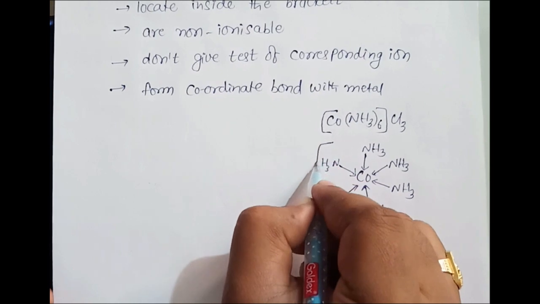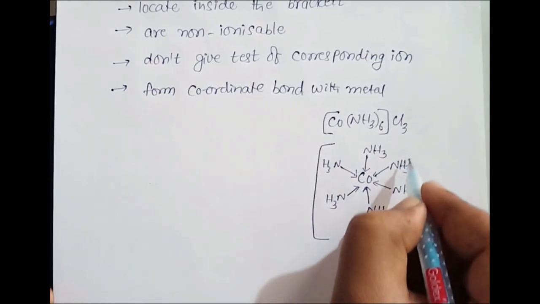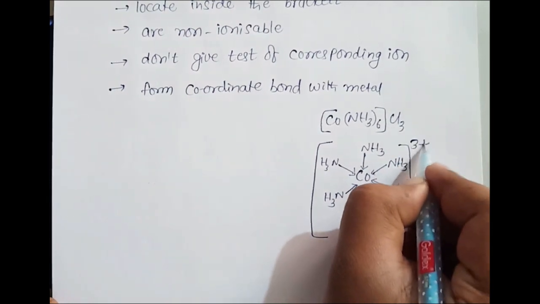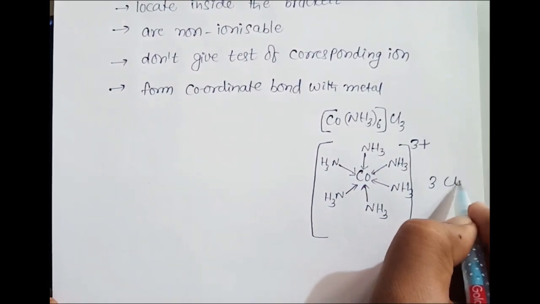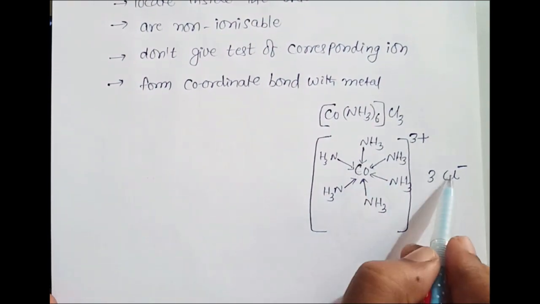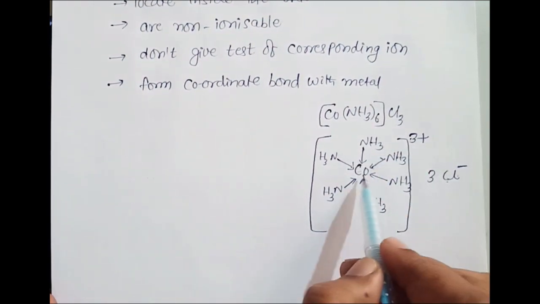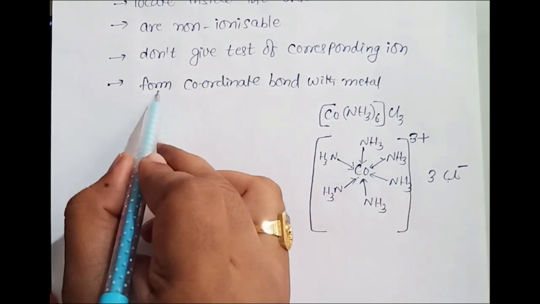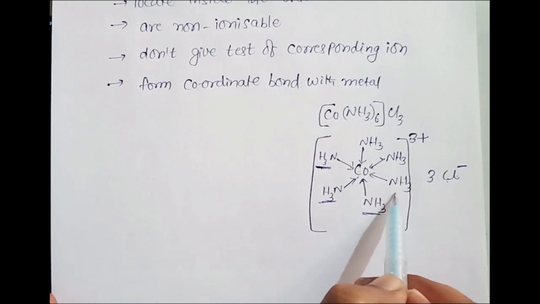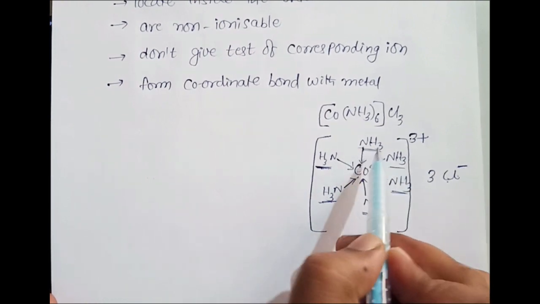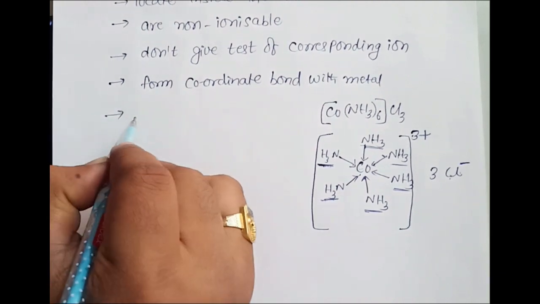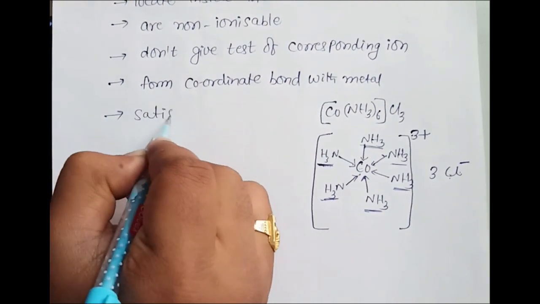And yes, the charge on this one is 3 plus and outside 3 Cl minus. This is the original structure. So here chloride ion is forming ionic bond, plus minus ionic bond, and the ammonia is a coordinate bond. So I said secondary valencies means these all are secondary valencies. The secondary valencies form which bond with metal? That is a coordinate bond with metal. And secondary valencies are satisfied by,